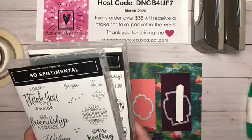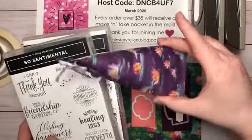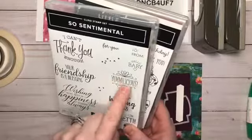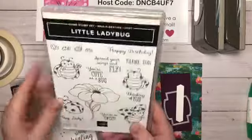Today I have a non-card project. We are going to be making this little sour cream container and we will be using the So Sentimental bundle. I'm going to use this Yummylicious stamp here, and then I'm using the Thank You from the Little Ladybug stamp